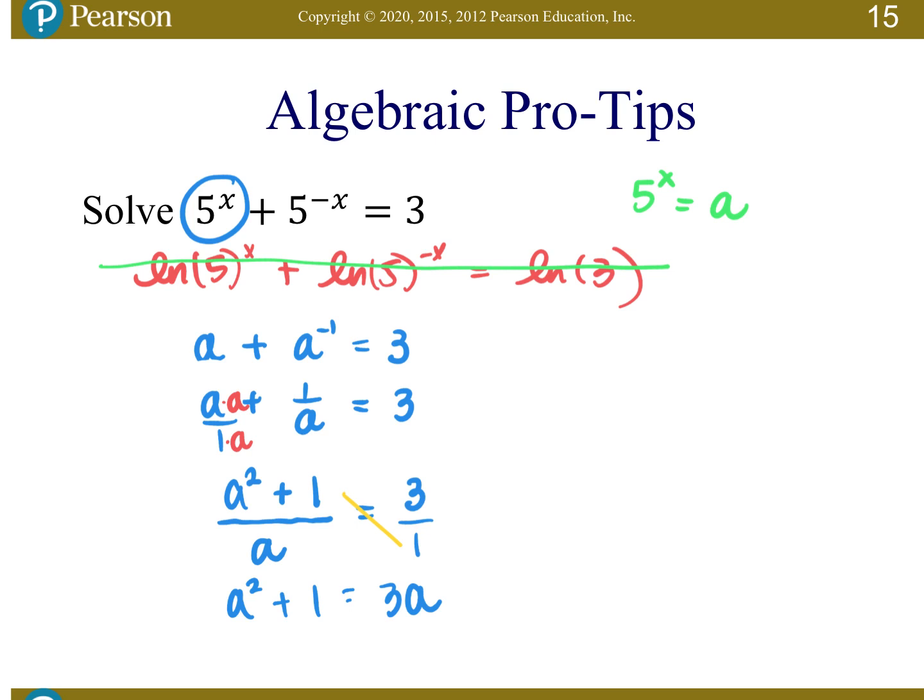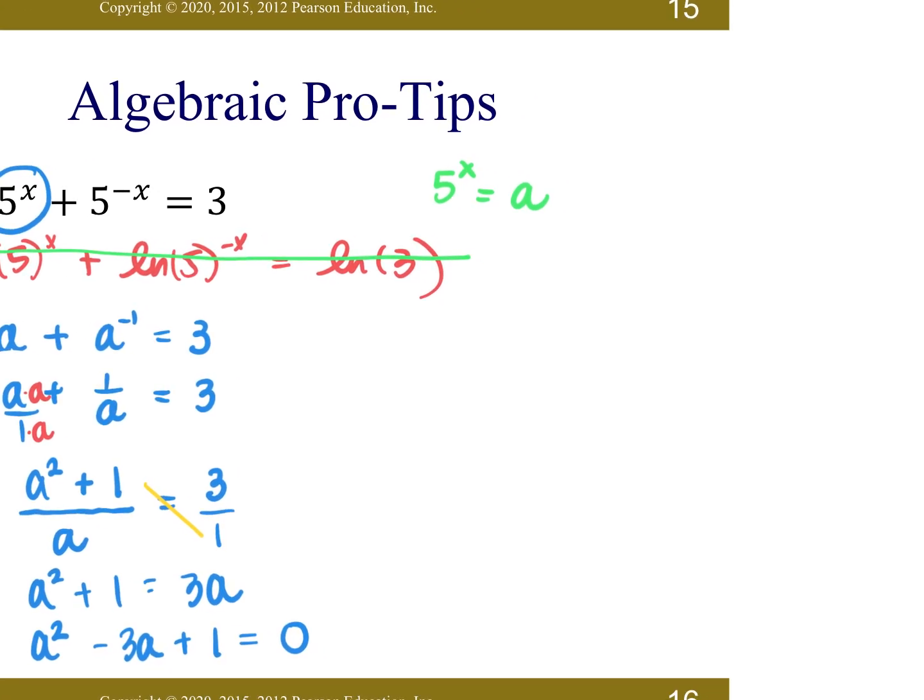But what does the quadratic formula need before you can use it? It needs an a and a b and a c, and what has to be on the opposite side? A 0. And so this is not quite ready. How do I make this equal to 0? Subtract 3a. So I'm going to have a squared minus 3a plus 1 equals 0. This is now a quadratic, and I can use the quadratic formula. All right, so the quadratic formula says the answer is,